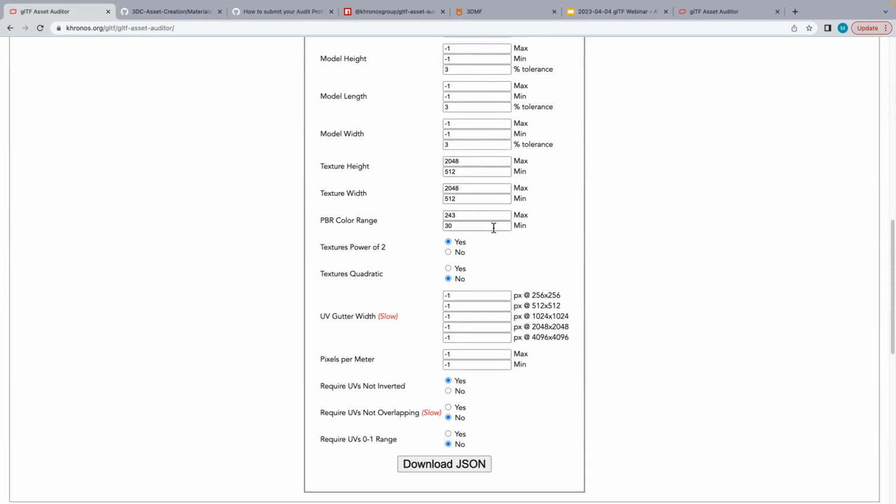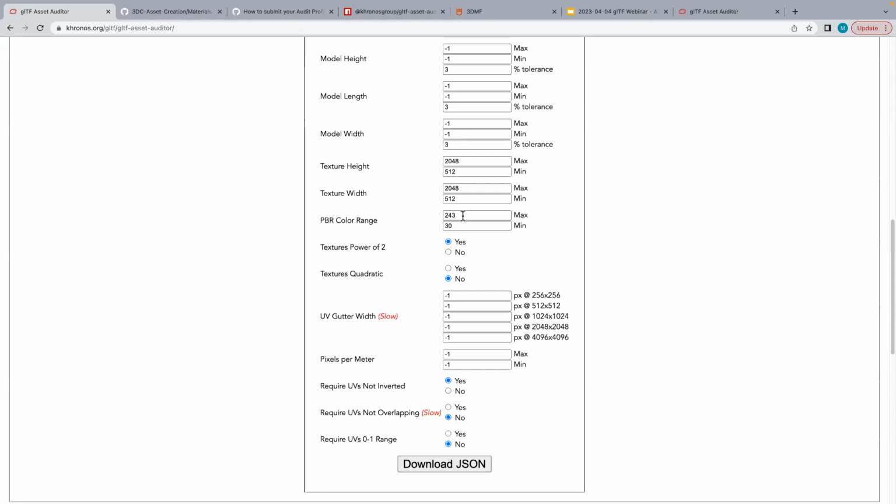So this is an interesting one that I noticed when I was testing a lot of assets. By default, they'd fail this kind of specification. But it is an interesting consideration when you think that the PBR, the physically based rendering engine, is bringing in a piece of content and it's adding or subtracting light, depending on if it's in a shadow. I mean, basically, I guess it has to add light. But if you've got something that's already fully bright, like white is 255, right? So if we're talking about the color range, your maximum 255 can't get any brighter, at least not on a standard screen. And so, what happens if you're trying to add a specular highlight to that material, you wouldn't see